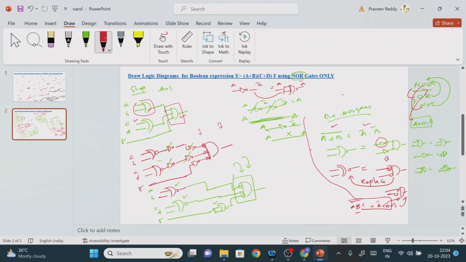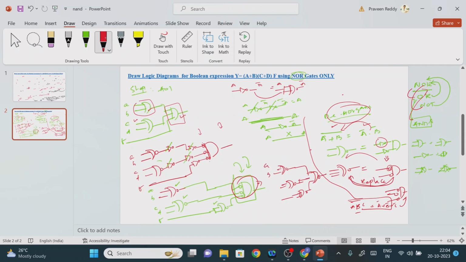So if you find something like this, what can we do? We can replace it with the NOR gate, right? So this 3 input bubbled AND gate can be replaced with a 3 input NOR gate. If you apply De Morgan's theorem, we can directly convert the product term into the sum term, right? So the final circuit diagram looks like this: a NOR gate, again one more NOR gate, and here we have the single input NOR gate. Finally, according to De Morgan's law, we convert these logic gates in terms of the NOR gate only, right?